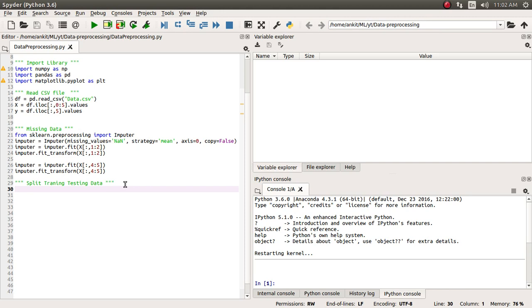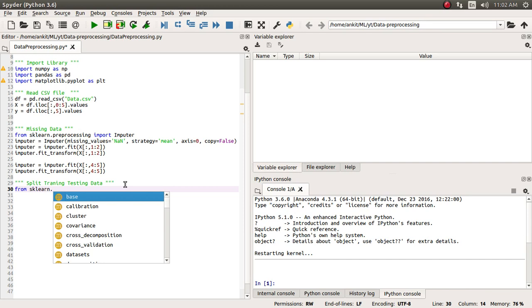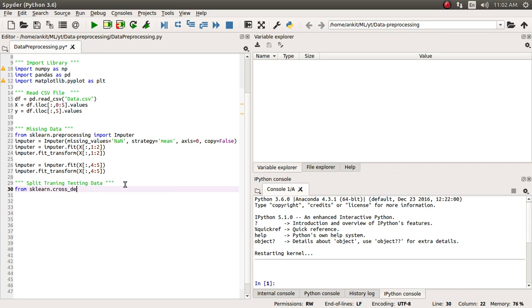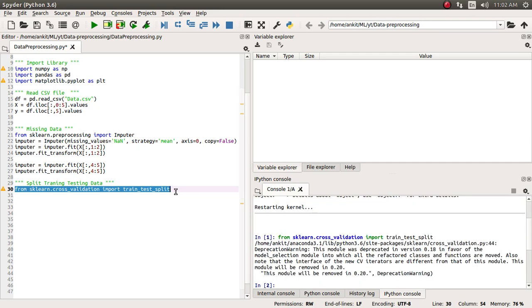In sklearn, they have provided one module, cross validation. So from sklearn.cross_validation we will import the train_test_split class. sklearn.cross_validation is a module, and out of that module we are going to import train_test_split. So let's just import it. Okay, so we have successfully imported this. They are giving us a warning because in a future version they are going to use some different function, I guess, but for the time being it will work. So let's not worry about it.